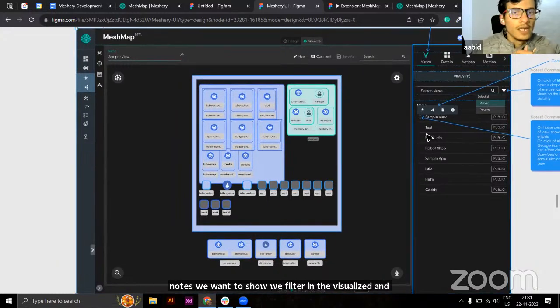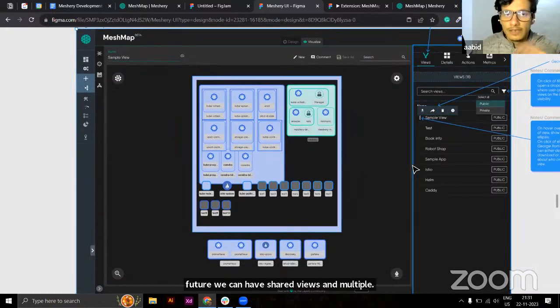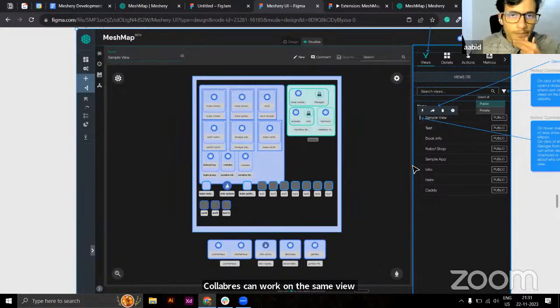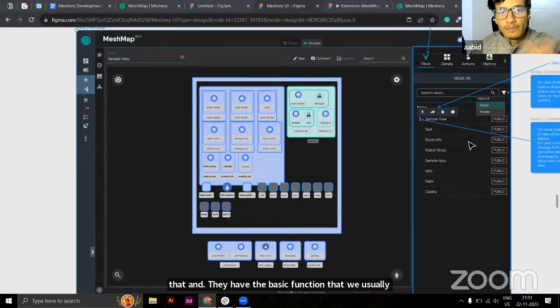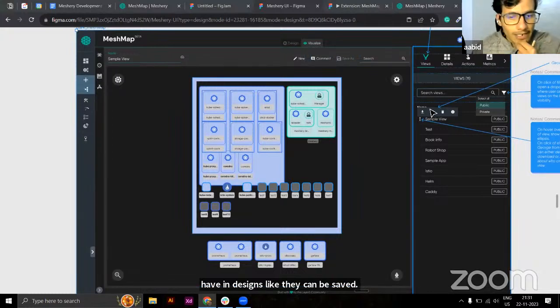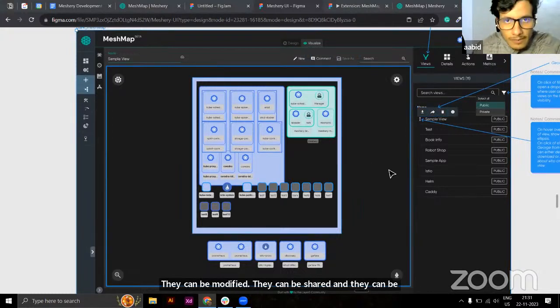In future we can have shared views and multiple collaborators can work on the same view, and views are a prerequisite to that. They have the basic functionalities that we usually have in designs: they can be saved, modified, shared, and deleted. So it's the early implementation of that.